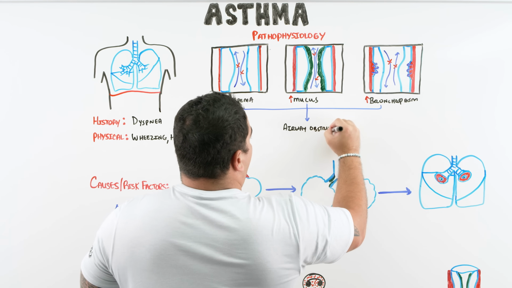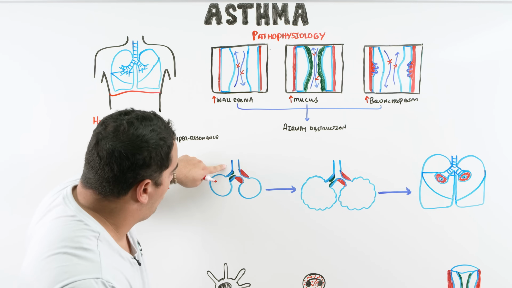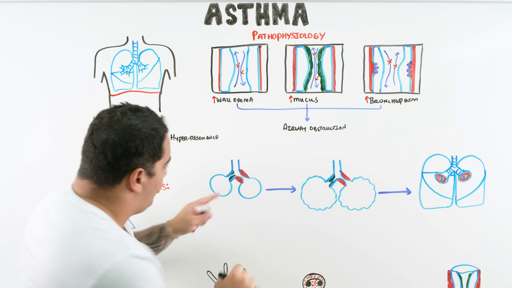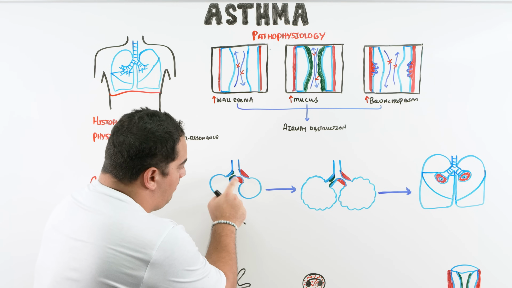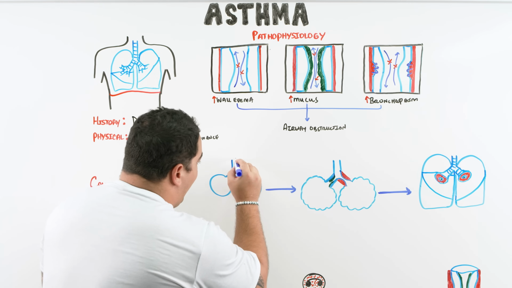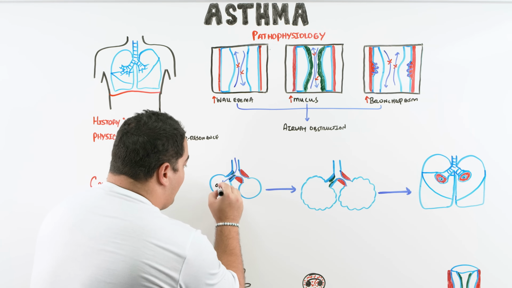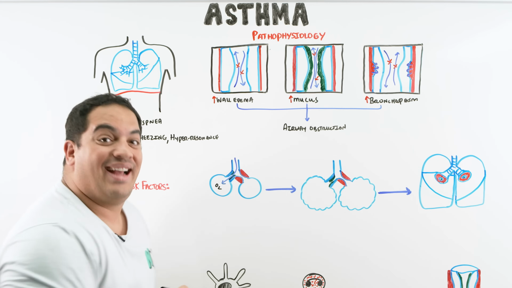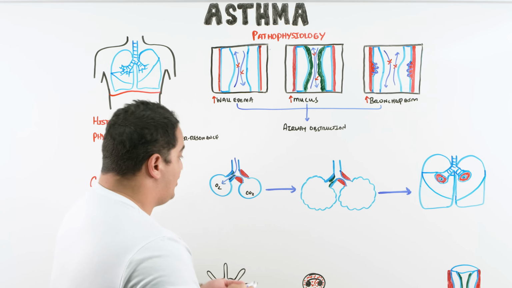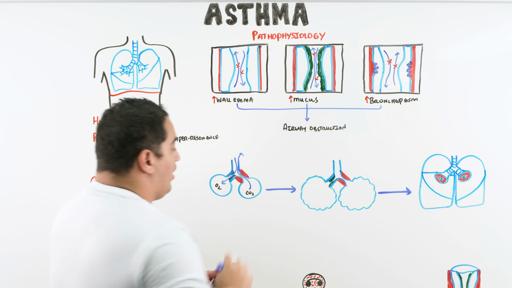If this doesn't make sense, let me explain it to you in another possible way. Here we have a bronchus. This is going into little bronchioles, and this is going into the alveoli. The problem in this patient is they have bronchial wall edema, mucus, and bronchoconstriction. In this scenario, I'm having difficulty getting oxygen into this alveoli. Now I can't provide a gas exchange process. And the same concept, I'm having difficulty getting CO2 out of the airway because of this bronchoconstriction and bronchial wall